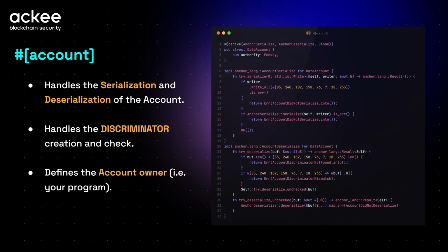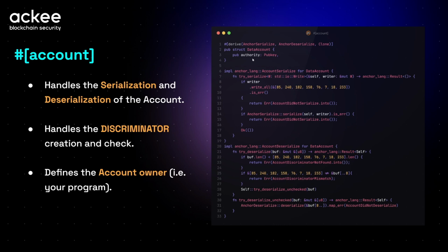The second important point regarding the serialization and deserialization: we can see on the right-hand side the source code. This is again the expanded account macro, but within my source code I specified that I would like to store this struct in the data account. The struct is called DataAccount, and it contains one field, which is a public key, called authority.